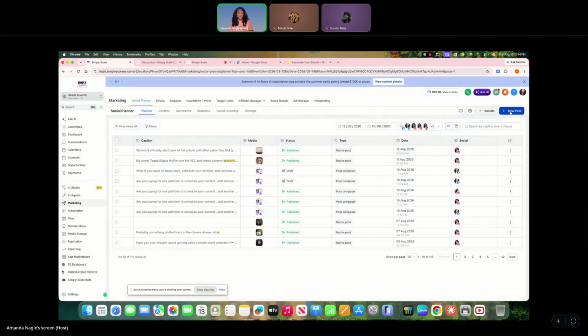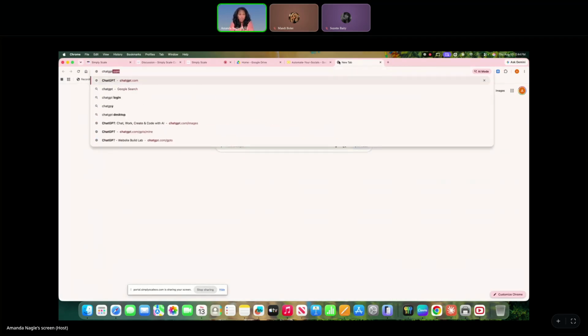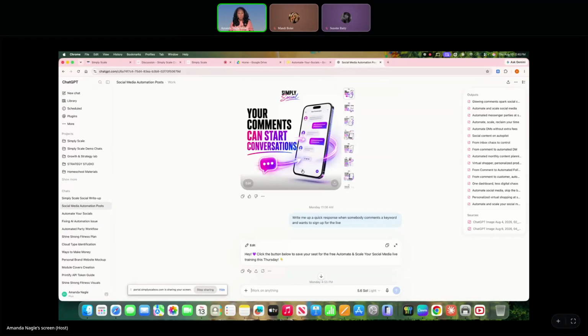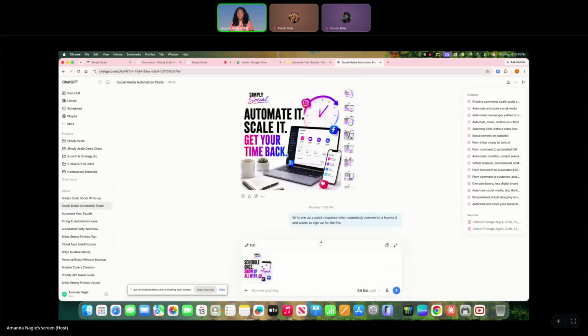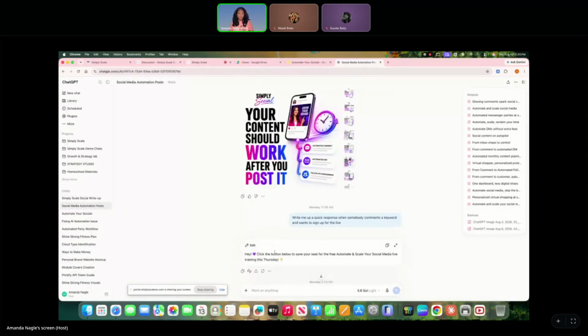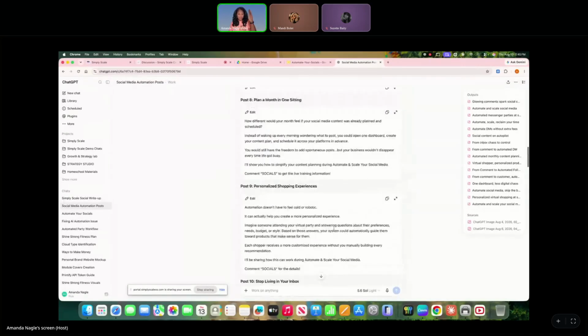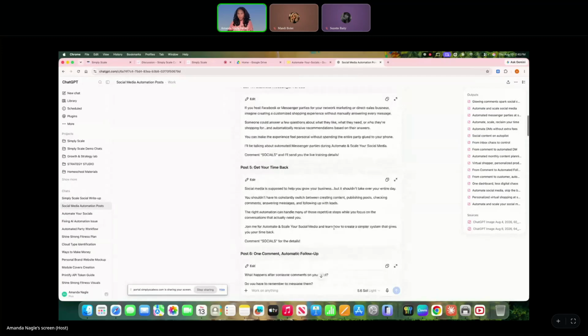So it's really simple to go in here and do a post. First off, I'm going to go over to ChatGPT, because ChatGPT just came up with ChatGPT Work. Over here, I was able to create multiple pictures at the same time. These are all my outputs, but you can scroll through here and download them all at once, right? So now I don't have to manually put in each one each time, and it's super annoying to have to generate and wait. Now I say, okay, I need 15 posts for this, and it creates all of the posts for you, in order.